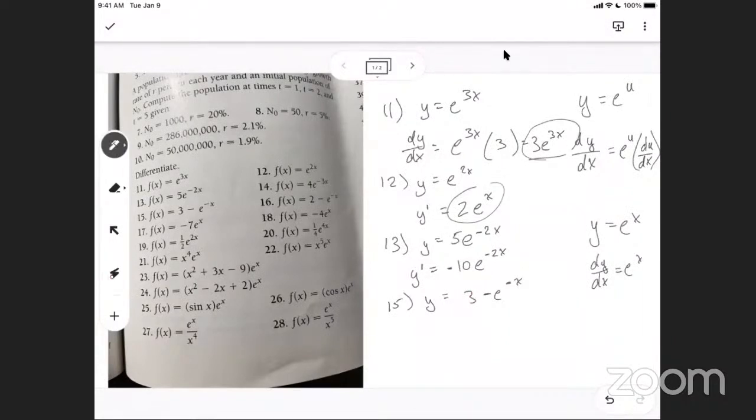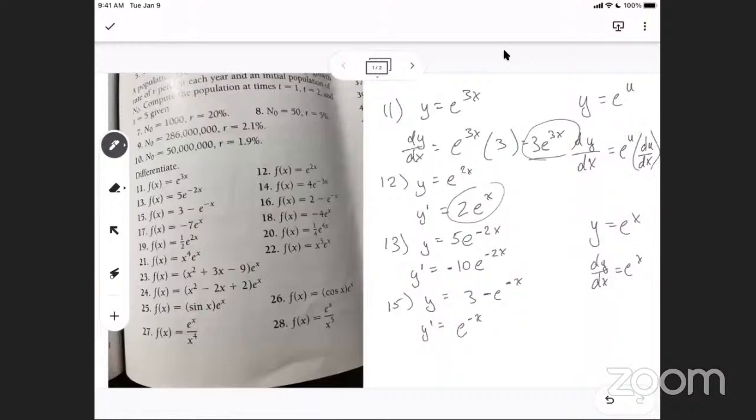So the derivative of y would actually just be the derivative of this. Negative, which is what? Isn't it just negative e to the negative x? Careful. Oh wait, it's going to be positive, because it'd be 1. Yeah, but it's still the negative in the exponent. Got it? Yes. And same with number 16, right? 16 is the same because the 2 doesn't matter. The number in front didn't have any impact on it.